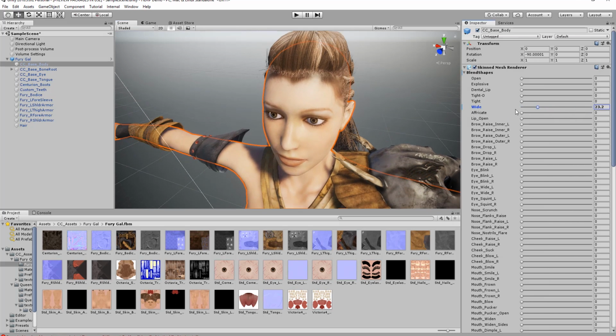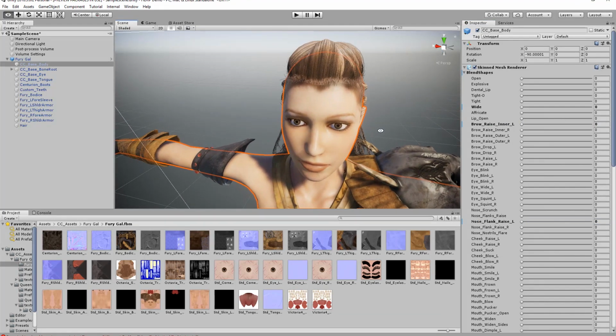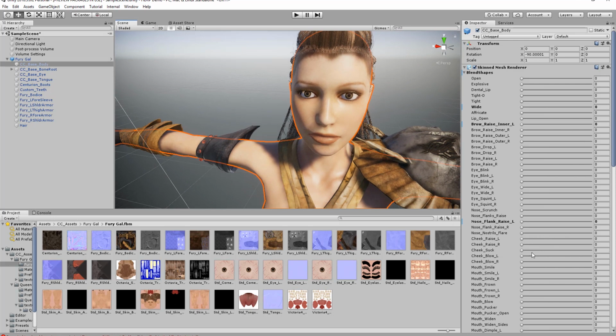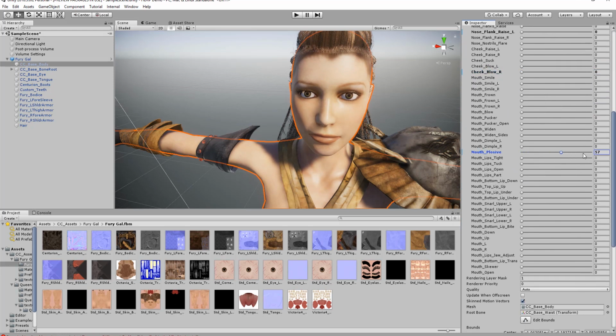We can adjust the mouth to be wide, raise the inner brow. These are all the blend shapes that your character has. Nose flank, let's get a front-on look here. You can throw these around, blow out the cheeks, do whatever you want. These are all the blend shapes that have been imported with the characters. These ones are for viseme shapes like plosives and dimple left. Some of them are very subtle. Some of them are more